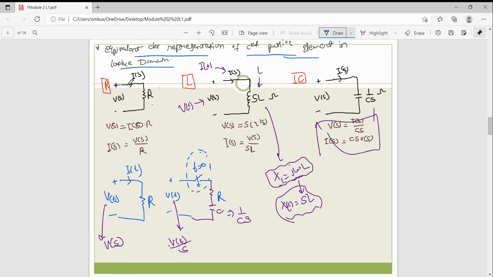So some function will be given to you, right, for resistive, inductive and capacitive elements. So I directly wrote the second step here, but in the first step, it will be given in the form of v of t. So you need to write this function into V of s, in terms of V of s or I of s, or you can say in terms of the Laplace transform. So in that case, the resistive element doesn't change, it makes no difference, it will remain the same. But your voltage and current must be in terms of V of s. See, s is nothing but sigma plus j omega, right?